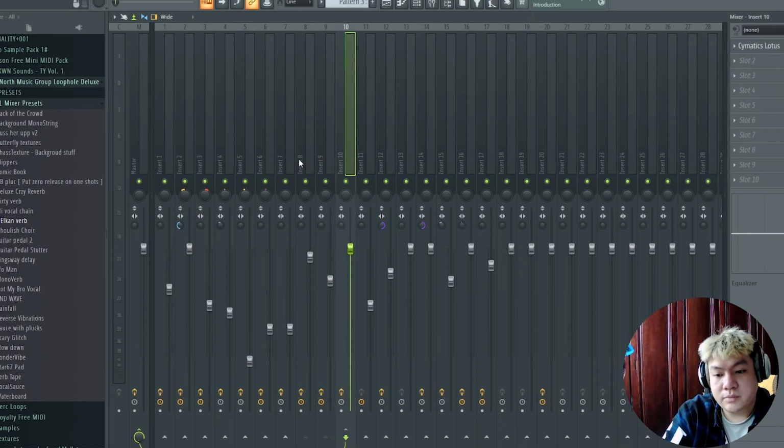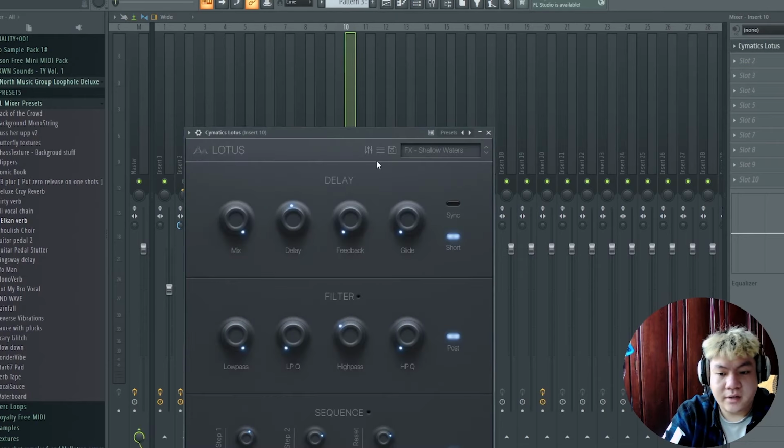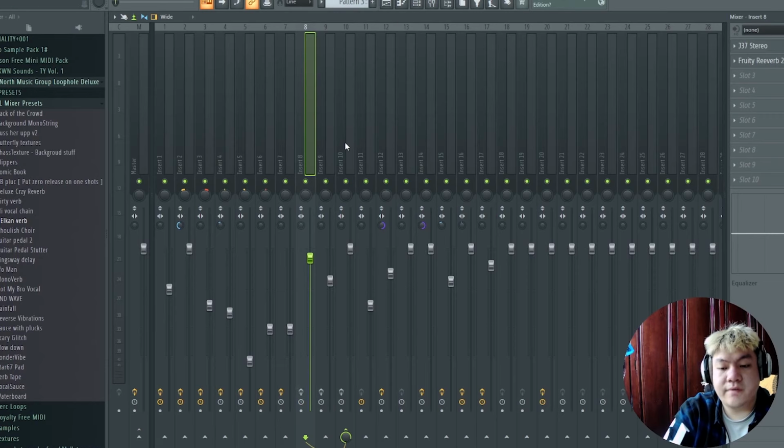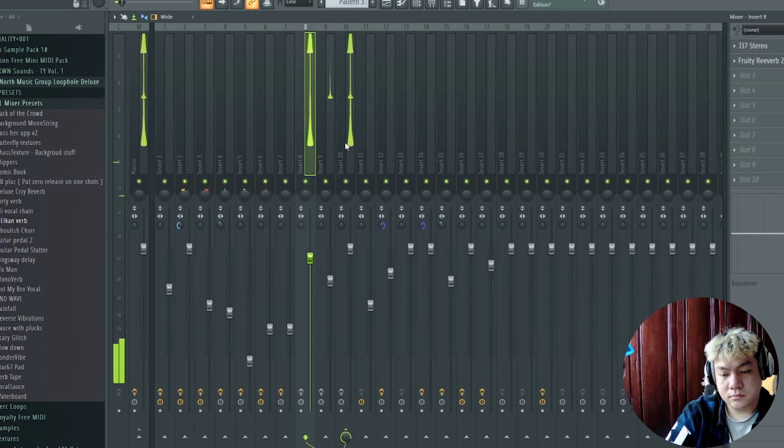Then I route them to a bus and added the Semantics Lotus. Without effects, they sound like this. But with the effects,